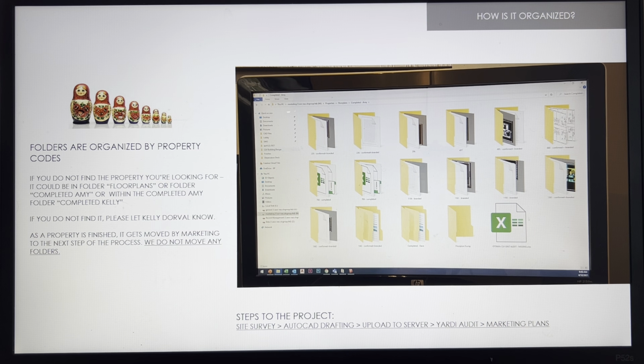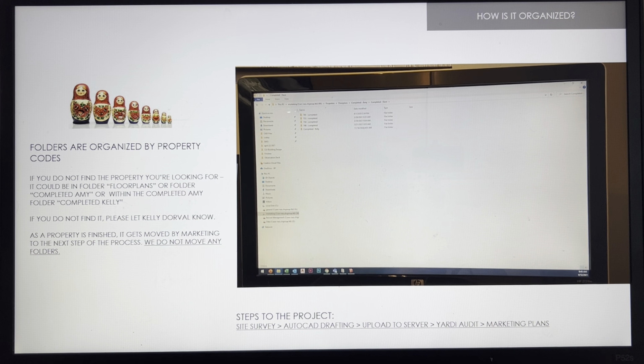So from Completed Amy, you may also have properties that are in here. So 1181 is listed as branded, 1193 is listed as branded. And now once they've been completed, they get moved by marketing into this folder. We don't move any folders ourselves, but once they're in this folder, then Kelly has to make sure that they're properly done, and then she'll move them on to the next step, which is Completed Dave. In Completed Dave, this is where Dave Nevins, our CEO,